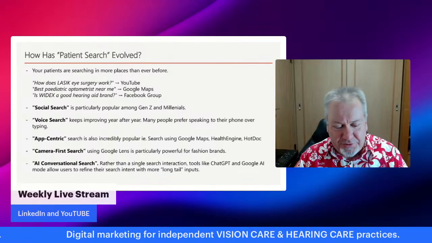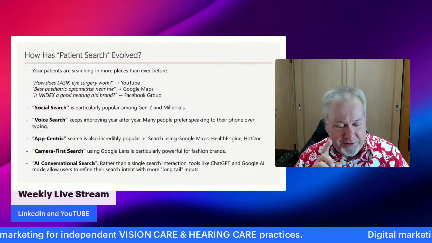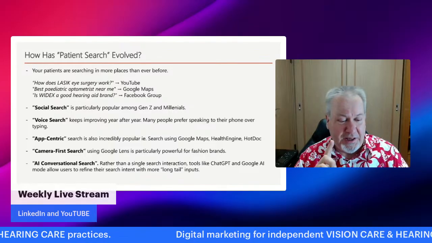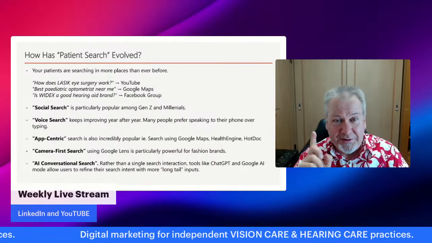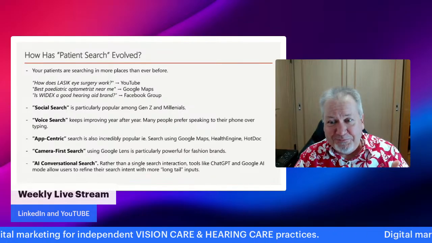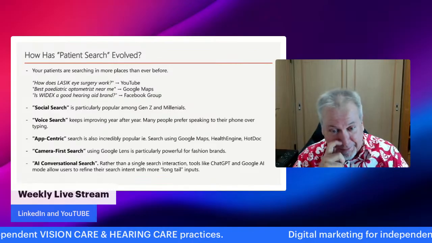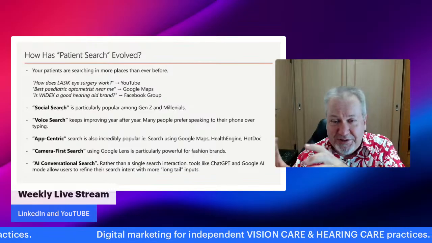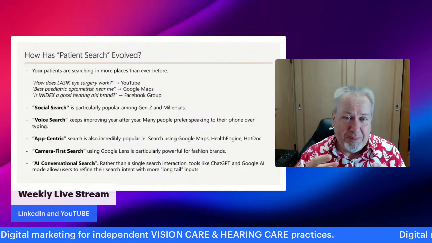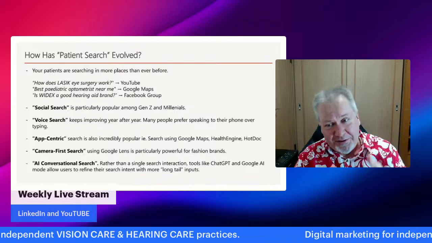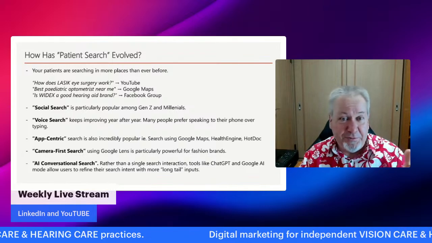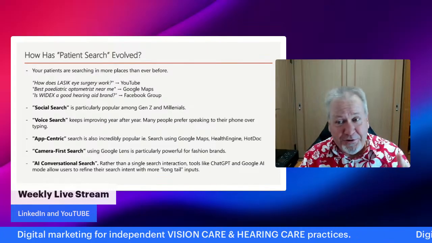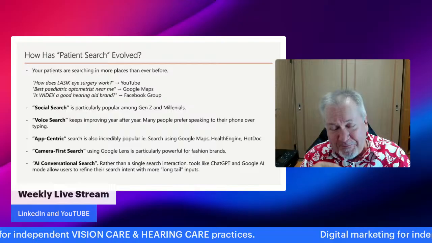I'm looking for a pediatric optometrist in inner West Brisbane who's open on Saturday mornings and who bulk bills for myopia exams, right? Or myopia management. And so, that's what we call a long tail search. There's a lot of inputs into that query, and it's probably a conversational thing as well, where the AI platform is going to come back with some answers, and then it might ask you to provide some further details. Are you looking for somewhere that has on-site parking, right?